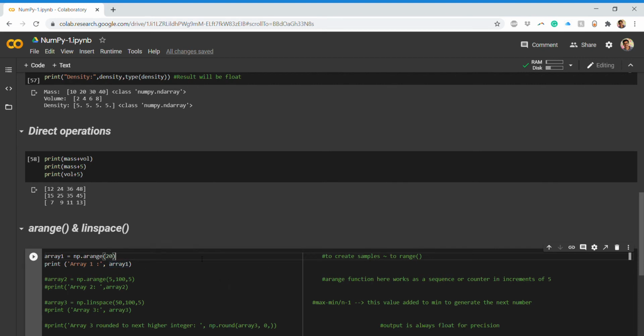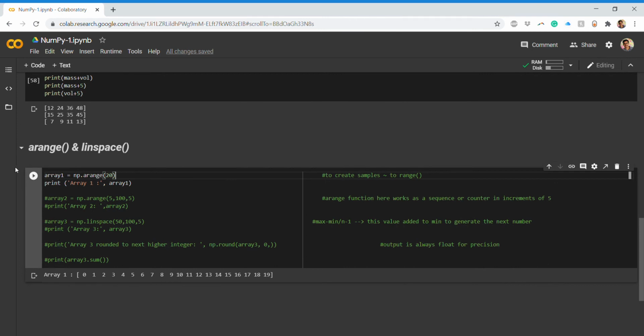Say, for example, you are doing some kind of statistical distribution or curve fitting, and you want to randomly or uniformly generate a number or a set of numbers one after the other, which will just increment. For that you basically use the arange function. If I run this, I get the first array as 0, 1, 2, 3 up till 19. The index starts from 0, and you have all the elements numbered from 0 to 19, so you have 20 elements.